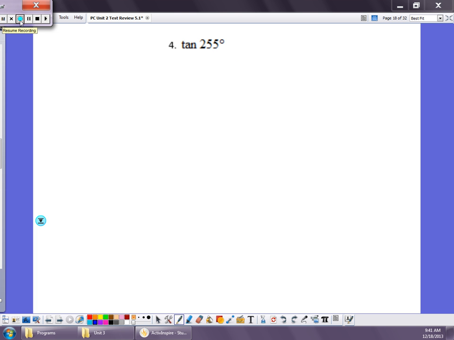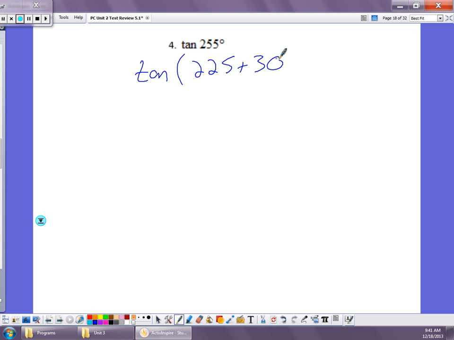So number 4 is the same deal. We can do a sum, and that's fine. So the sum for tangent, you just need to find two angles that add up to 255 that we know the reference angle for. So that would be like, well, we don't know 15. So 225 plus 30, yeah. Because 225 plus 30 equals 255. So then I'm just going to plug it into that